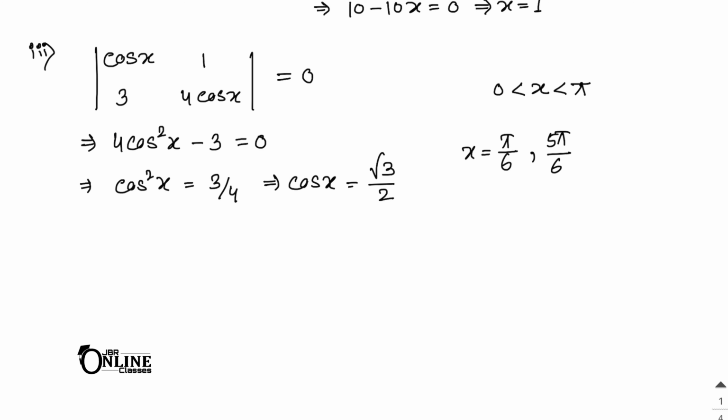Okay, now next one, sum number 2. In sum number 2, which of the following matrices are non-singular? So that means first you have to write down the matrix. So it's 2, then 2 minus 1, 2, then minus 10, 5, 2. Okay, so if the det of this matrix is equal to 0, then it will be singular. If not equal to 0, then it will be a non-singular matrix.